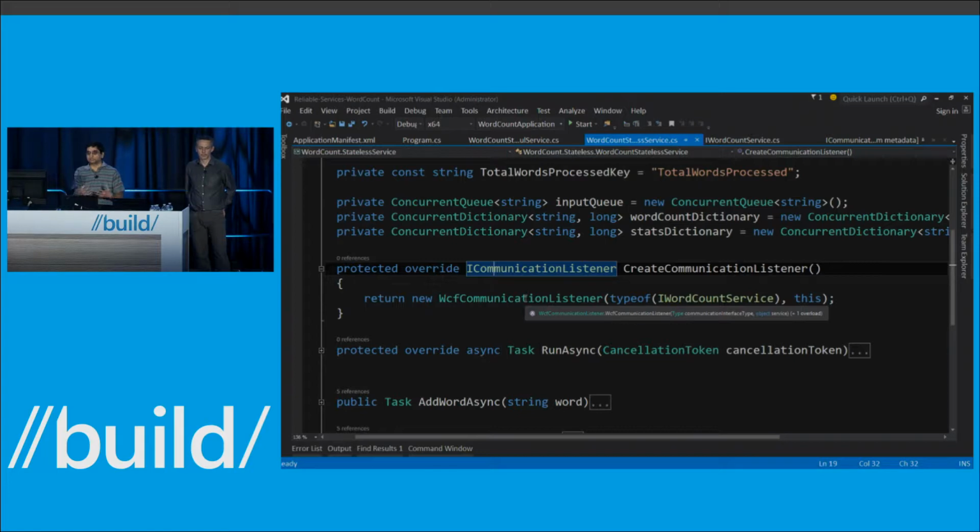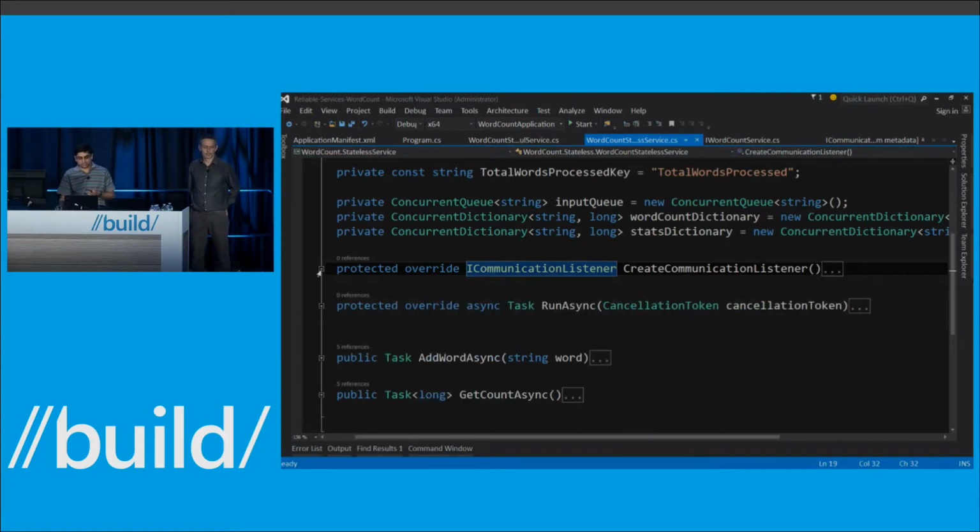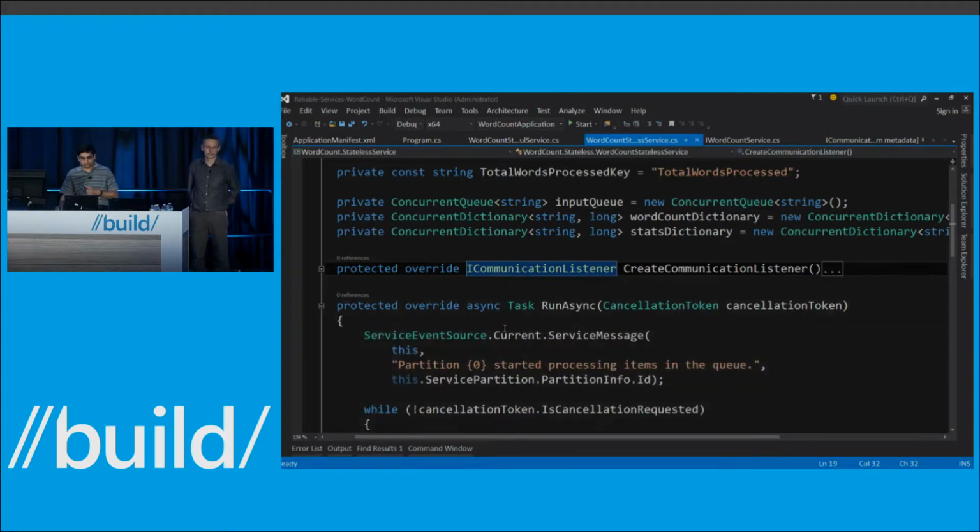So there is nothing here that's extra. You just do new WCF communication listener, give your contract, and say this is the class that implements it. The second thing that happens is that once the service is ready, a run async method is called. Think of this as the current run method in your worker role, right? So this is where you're doing most of your processing. So in this run method,